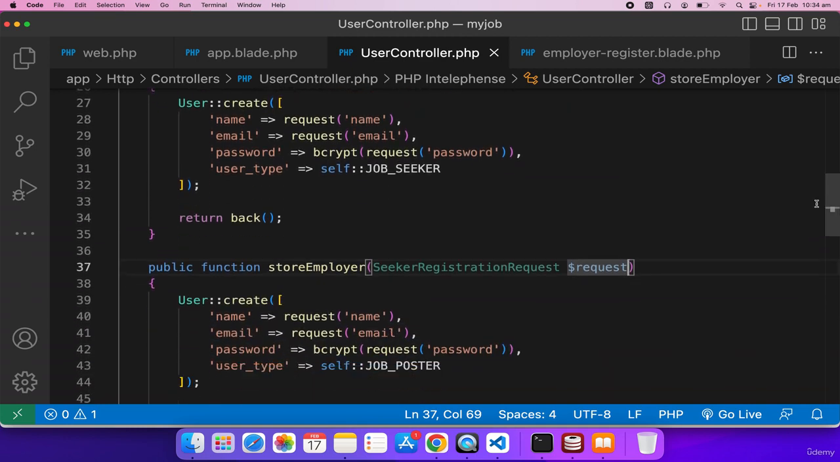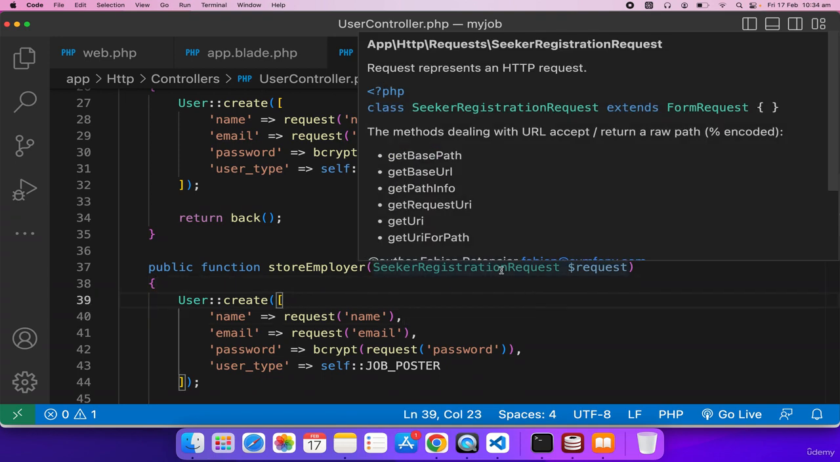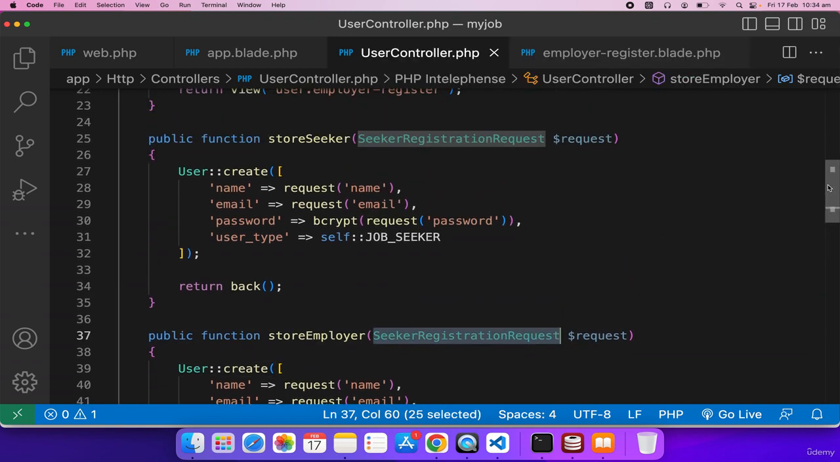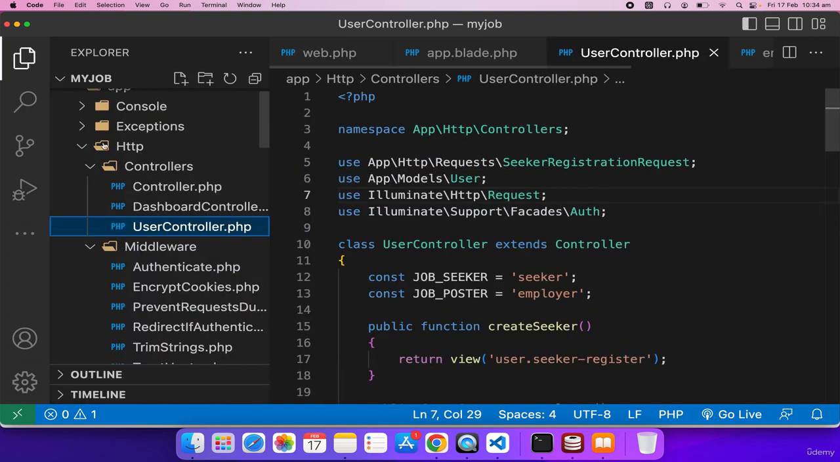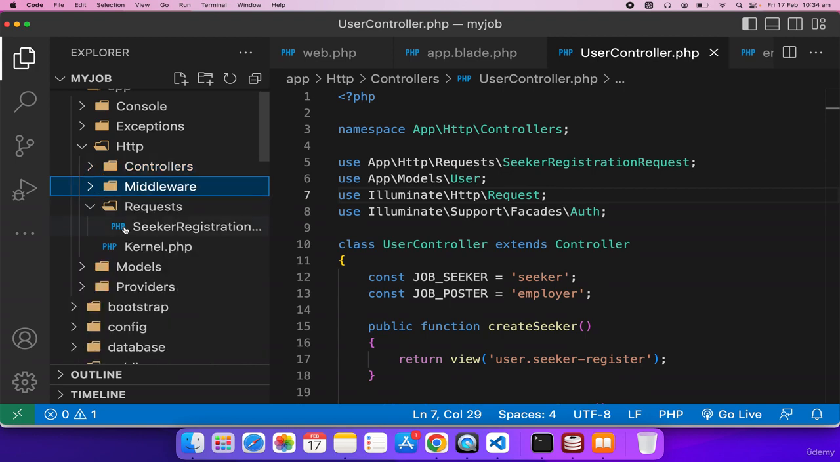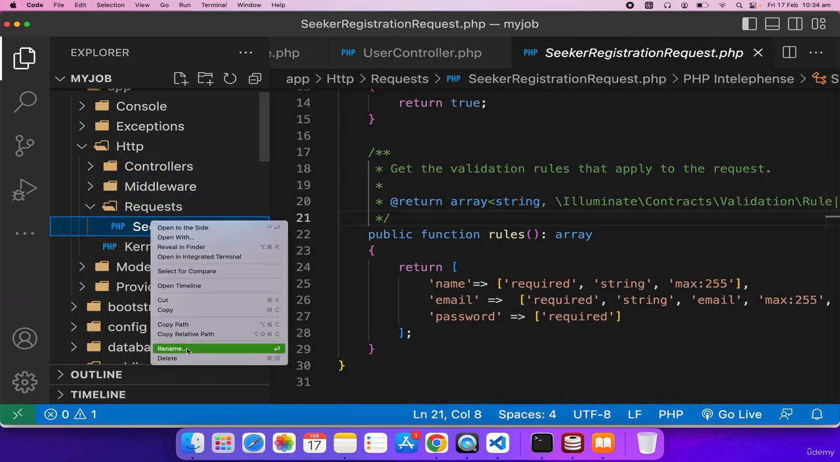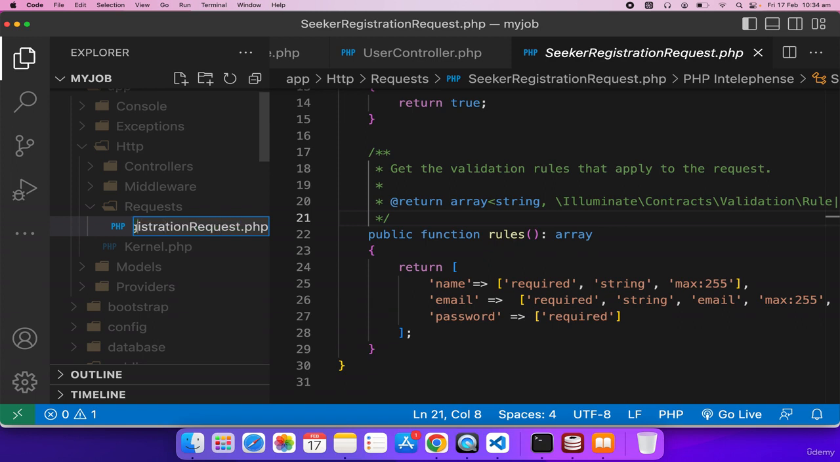However, I want to rename this request file, since it's not going to belong to seeker. So yeah, I'm using this validation for both employer and seeker, so I think it's meaningful to rename this file. So let's rename this file then. Here let's go to the request. So this is a request, seeker registration request. So instead of seeker, we just write registration form request. I'll just write a registration form request,